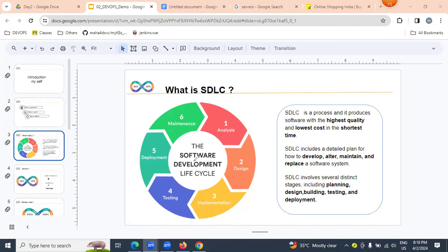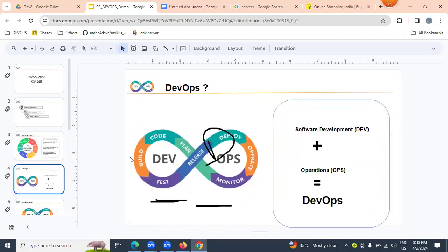If you are in this SDLC process as a software engineer, directly or indirectly, you are part of this software development lifecycle. If you are a developer, you write the lines of code. If you are a tester, you verify the functionality. But if it is a DevOps engineer, what exactly is the case? Let us try to understand.